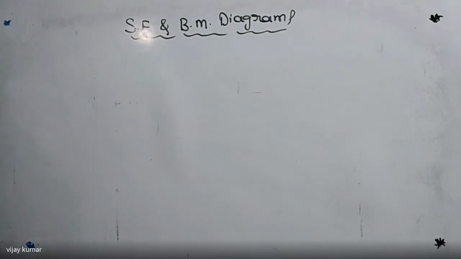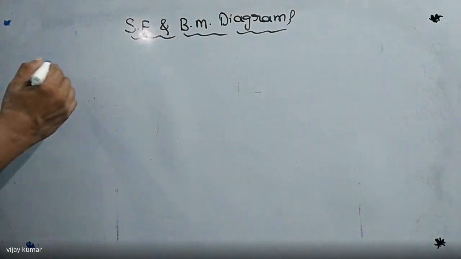What is the definition of shear force, what is the definition of bending moment, and what is the sign convention, when do we take it as positive and when negative, in case of shear force and in case of bending moment. I'm going to explain this. Listen carefully. For the explanation purpose, I'm going to take one beam here.